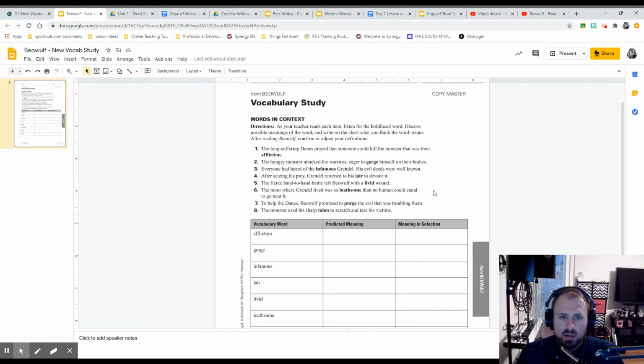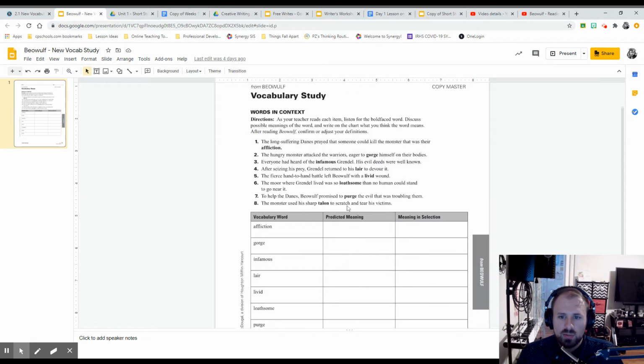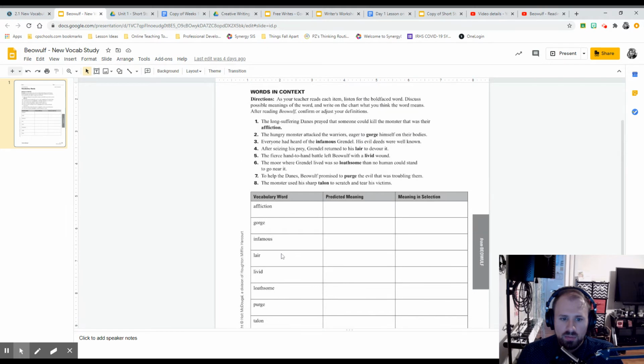All right, so what I'm going to do is I'm going to read each one of these sentences. If you need to pause as I go along, you can, but your job is to, as I read this, predict what this word maybe means on your own, make a guess essentially. And then after this, when you go through the textbook pages, you will have actual definitions of these words, and you can use those to fill in the actual meaning. So you may need to come back to this document as we read the story, but all of these words show up in the very first part of Beowulf.